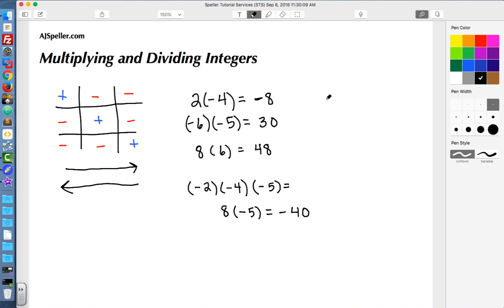And you know what? Let me add in some division. I left out some division, even though it's going to be exactly the same. Let's say we have a negative 10 divided by a positive 5. That's a negative divided by a positive. Negative divided by positive gives me a negative. And then I know 10 divided by 5 is 2. So use the same principle with division that you do with multiplication, and again, you'll be able to easily figure out what the sign is for your problems.